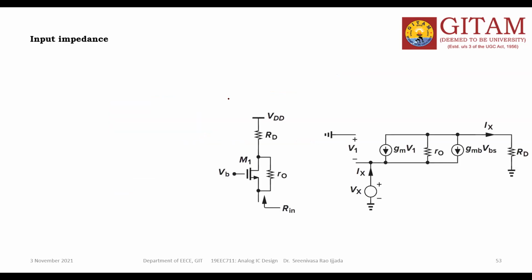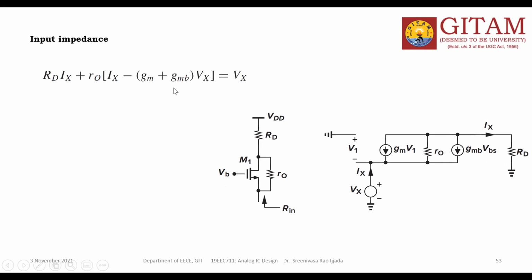Now the input impedance. Whenever you are going to calculate the input impedance, this is the source terminal. You can see from this side what the input is. This is Rin, whose equivalent circuit is like this. The voltage Vx is applied, so Ix is the current flowing; these two are known. The ratio of these two is nothing but the impedance. Now you can write the output KVL expression again.